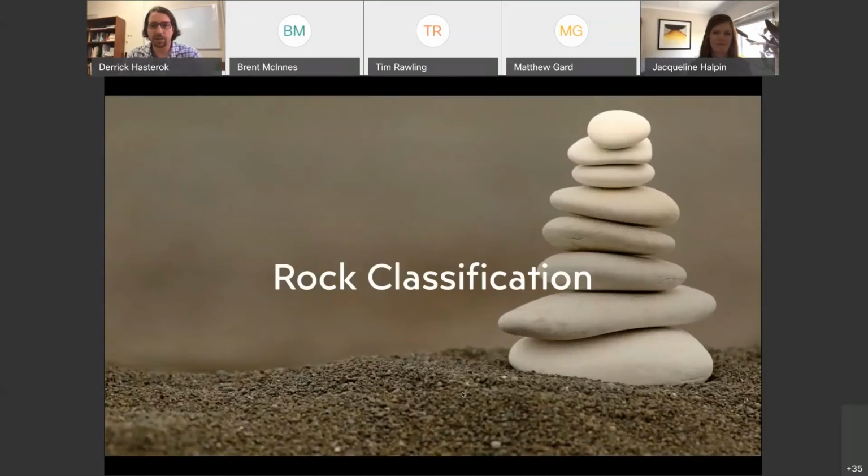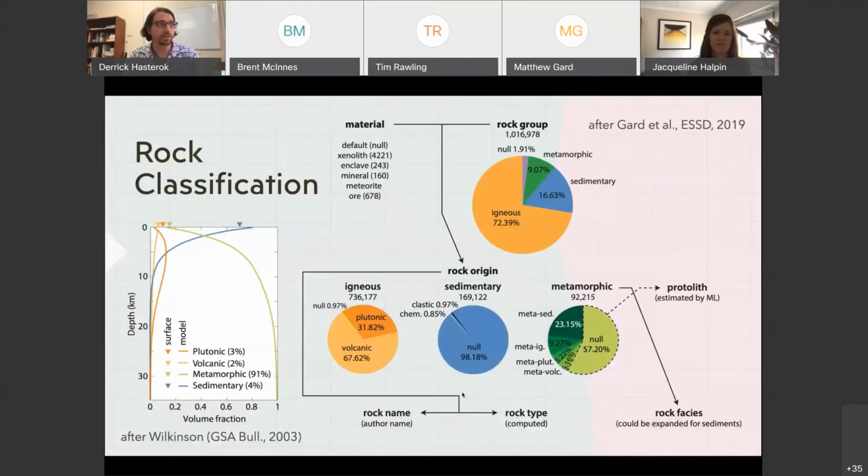So now I'll talk a little bit about the rock classification that we have in the database. We're using a standardized classification system. It's hierarchical as well. So we've got a few terms in there. One is whether it's a material. If it's a null, we assume that it's a whole rock. Otherwise, we give it some designation. We also have a rock group that defines whether something's, at the largest scale, igneous, metamorphic, or sedimentary. Then from there, we go to rock origin. And rock origin divides each of those rock groups into a few different